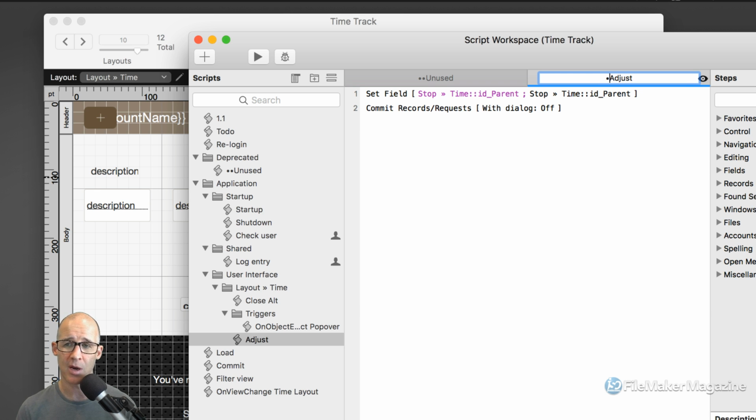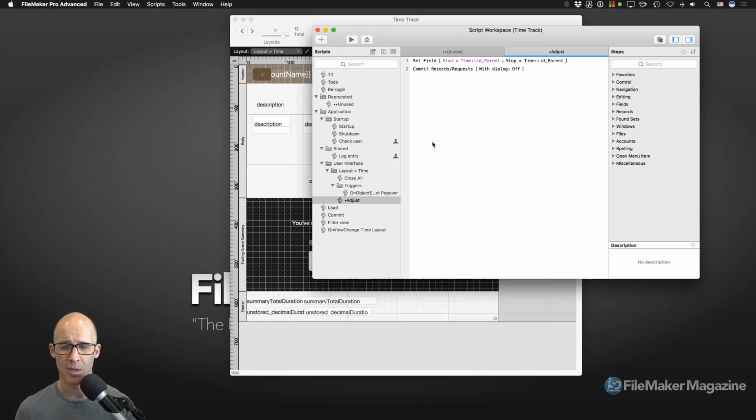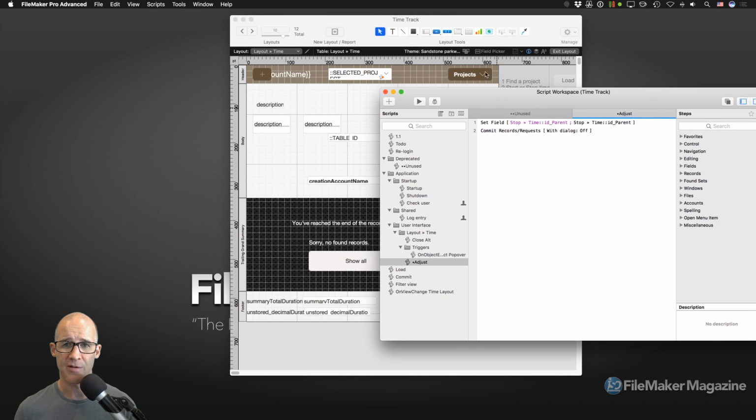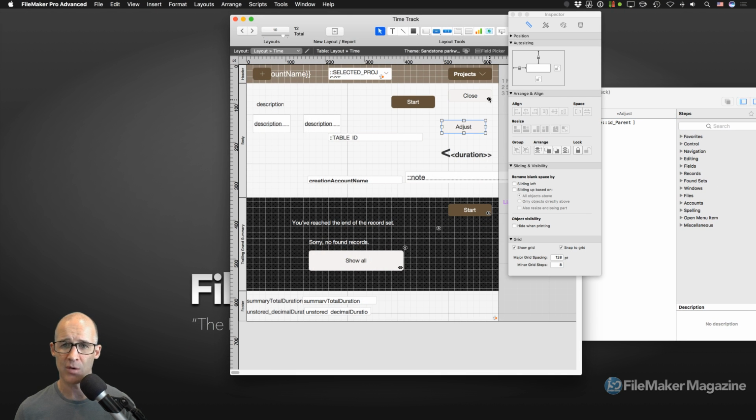I happen to use the bullet character to prefix any script that I need to consider in the future and determine whether that's a script that's going to go away and go into the deprecated folder for me to get rid of, or if I'm just going to delete it. All right, so we are at 35 right here, and I've done a fair amount of explaining and using FileMaker's